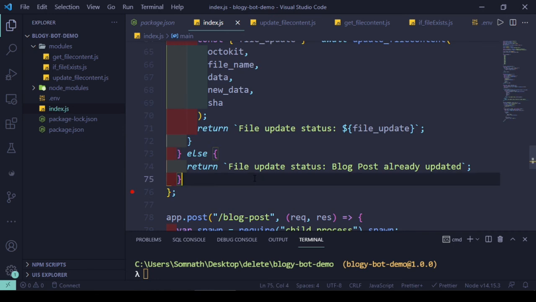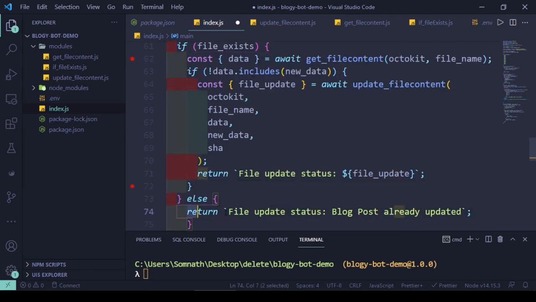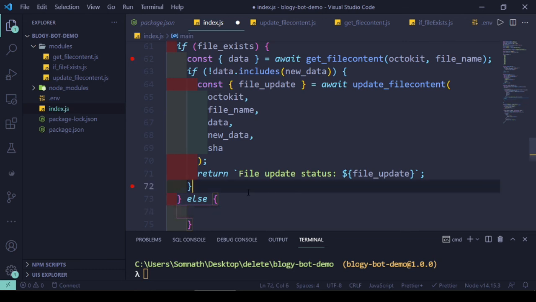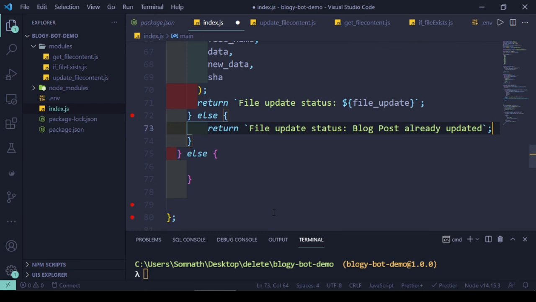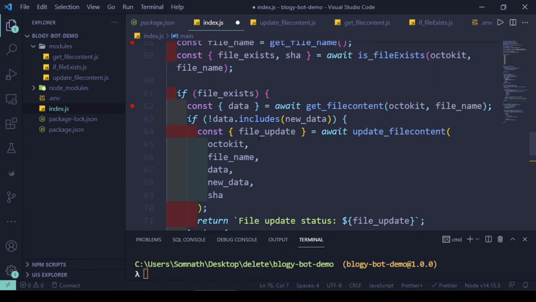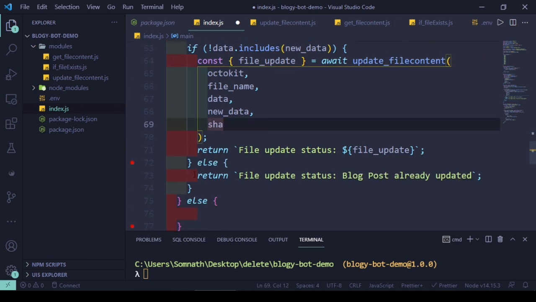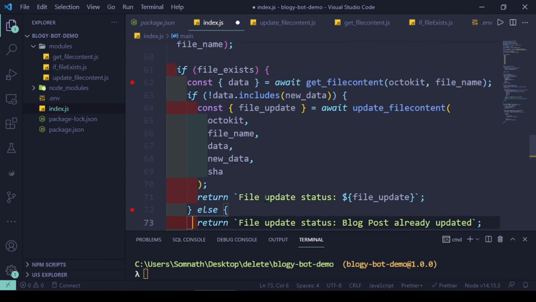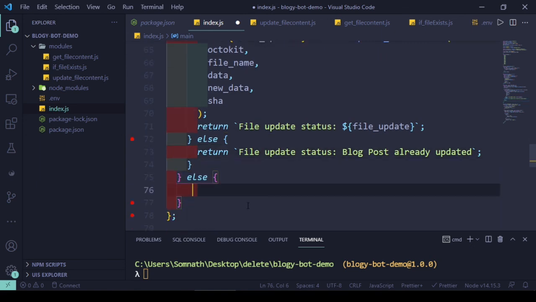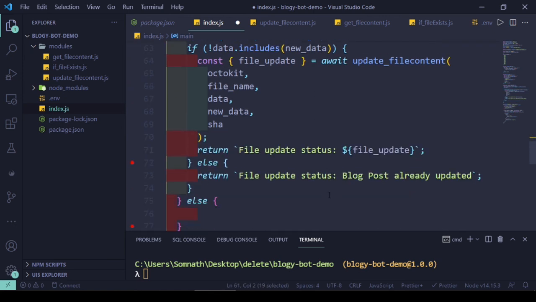A lot of coding we're doing in this little use case. That's good to know. I think I've made a mistake. This part should not be over here, it should be in this else block, because this else block is the other part of the if, which checks whether the file exists or not. So I incorrectly placed it earlier, I have corrected it now. So let's handle the else part of the main if block, which is if the file does not exist, then you have to create it.